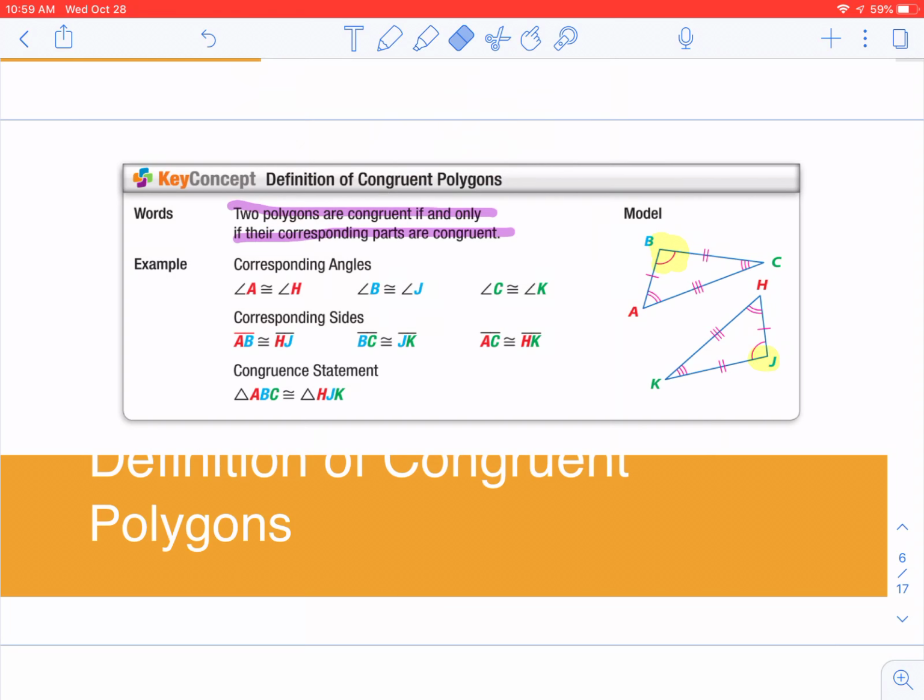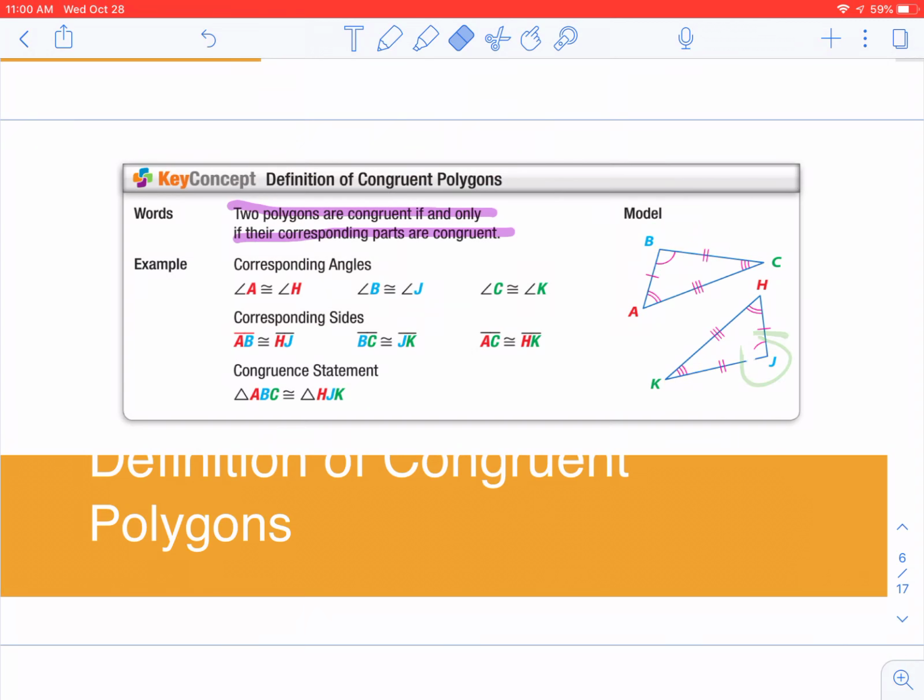Corresponding sides. Let's take a look at the sides. I'm going to highlight this side that has one tick mark. We would call that side AB. Then I would go over here, and that would have one tick mark, so those are both congruent. If I do BC, BC is congruent to JK. I have to do B first, because B has one and J has one. So we start with B and J. And then lastly,